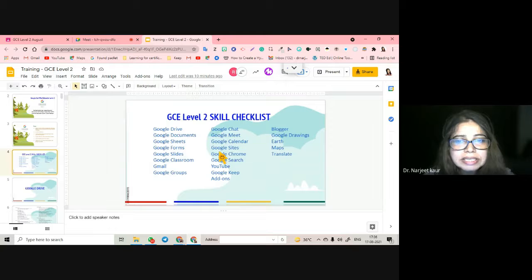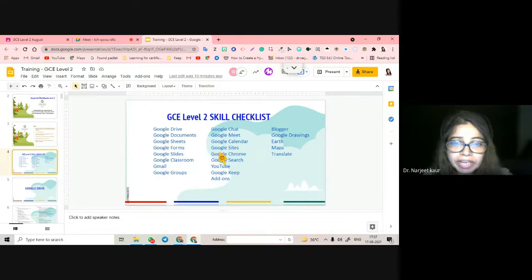Okay, this is the skill checklist. Now remember, Google Groups, Google Chat, Meet, add-ons, drawings, they are not tested in scenarios, but they are very important for the checklist. Keep also, for that matter, is not tested in the scenarios, but it might get tested in your MCQs.